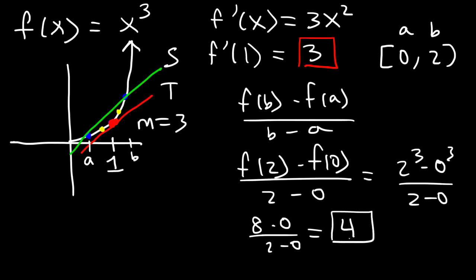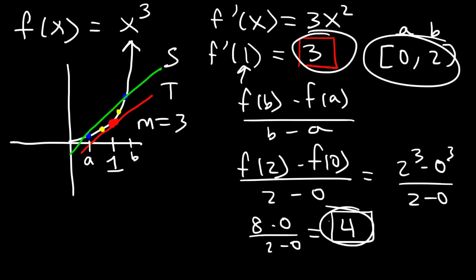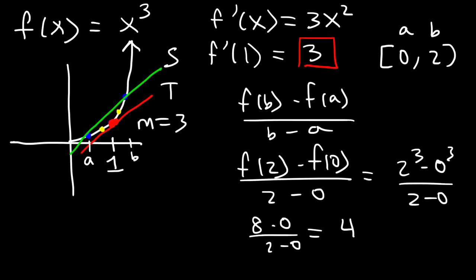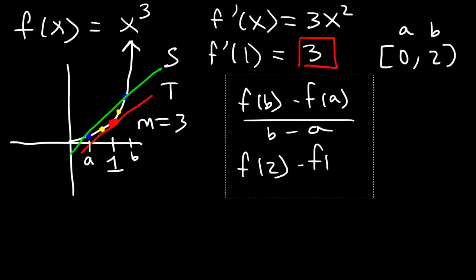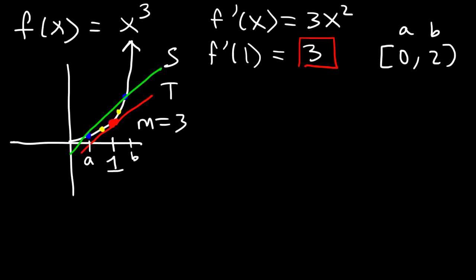So 4 is close to 3, but it's not exactly 3. So as you can see, 0 and 2, they're pretty far apart from 1. And so that's why these 2 values are not very close to each other. So let's see if we can pick something else. But I'm going to keep the answer here. So the slope of the secant line, or the average rate of change, is 4 when a is 0 and